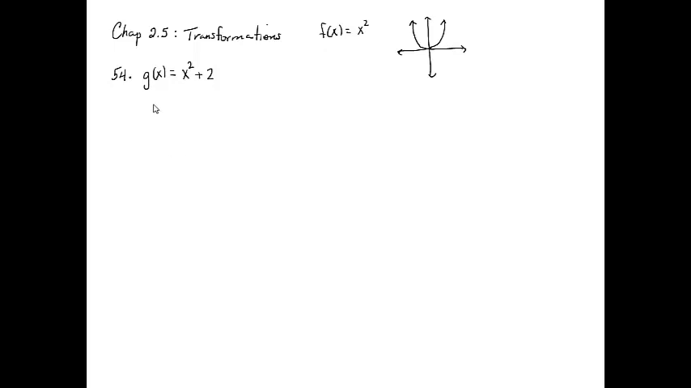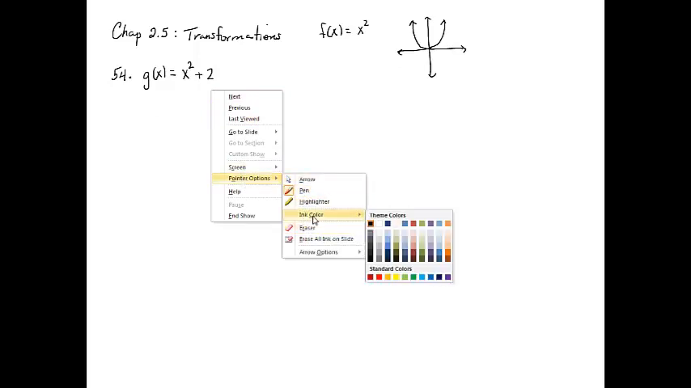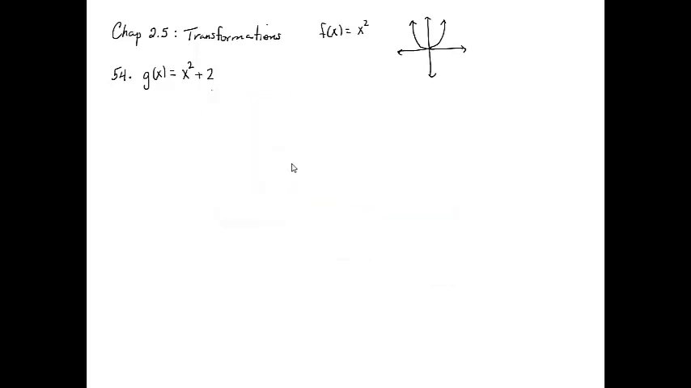So let's see what we can remember. What does it mean when I'm adding 2 to x squared? What's changing here? So this plus 2. If instead of writing x squared, I write f of x, that's what they're equal to, right? So g of x is really f of x plus 2. So what does that plus 2 really mean? It means I'm adding 2